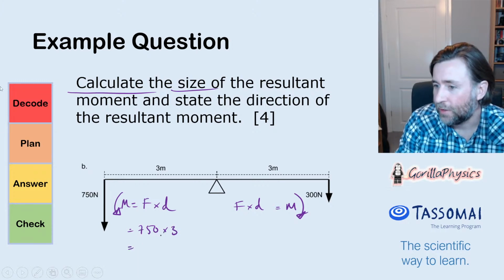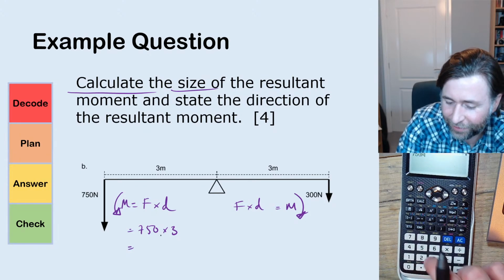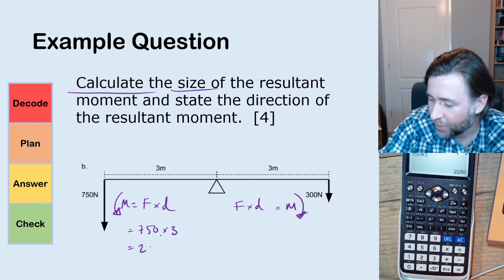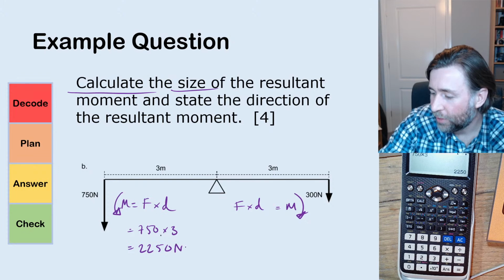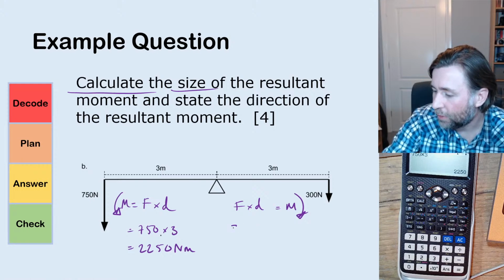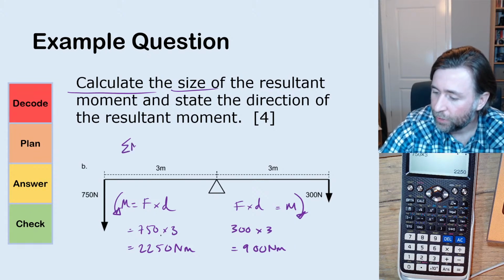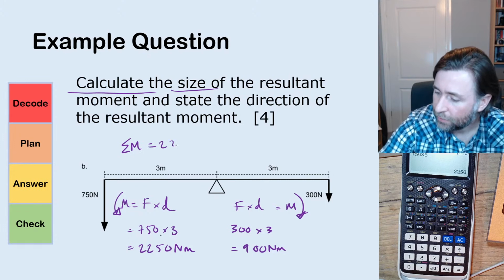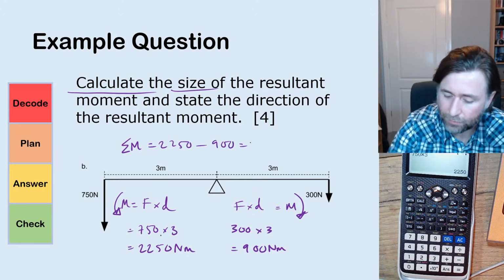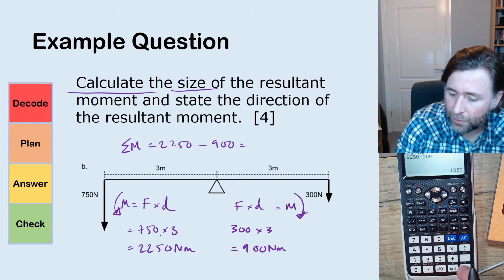Okay, again, it is not worth using your brain to do any type of multiplication or anything. Always stick to your calculator because it's going to make fewer errors under pressure than you will. And the unit of a moment, by the way, is the Newton meter. Okay, newtons multiplied by meters. And on this side, I've got 300 newtons multiplied by 3 meters, which, all right, I'll allow that, 900 Newton meters. So what's the size of the resultant moment? That is, resultant moment is 2250, take away 900, 1350